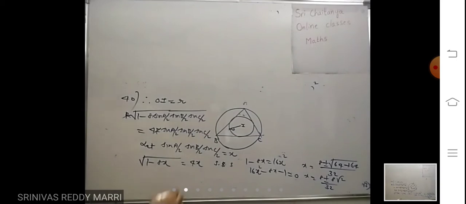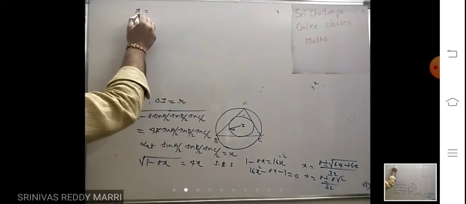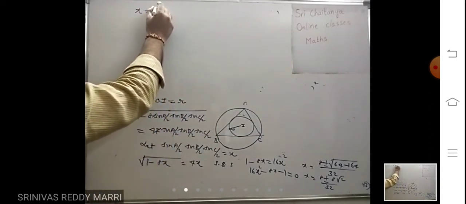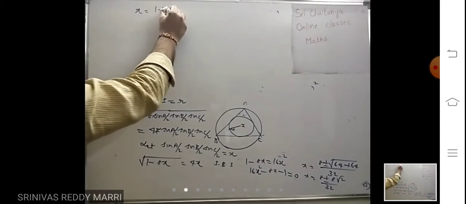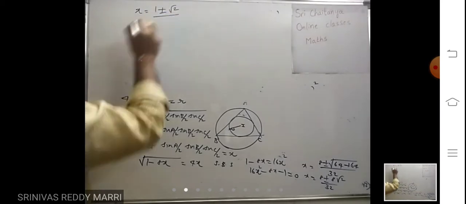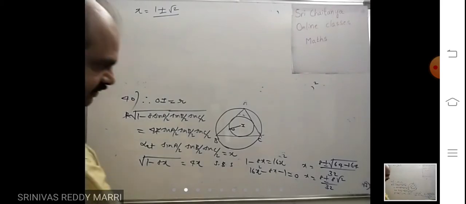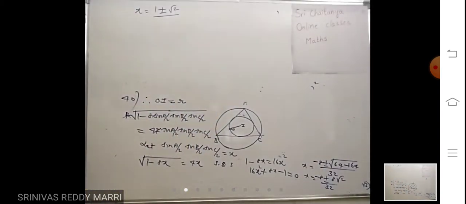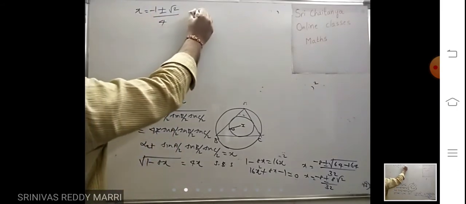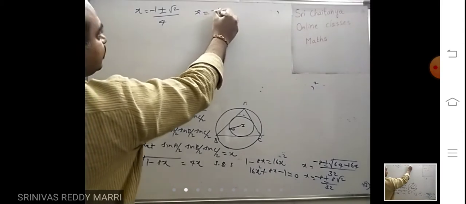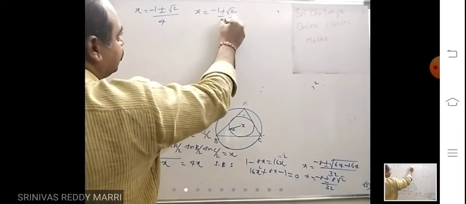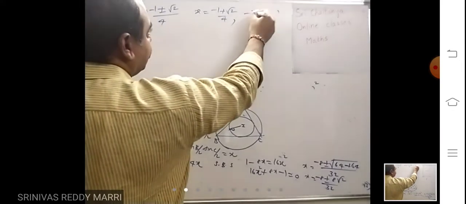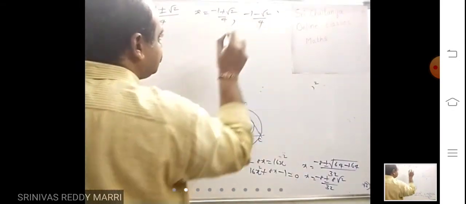So x value is nothing but, 8 cancel, 8 cancel, 1 plus or minus, plus 8x minus 8, minus 8. The remaining is same. So minus 1 plus or minus root 2 divided by 4. Okay, x is nothing but you are getting one value minus 1 plus root 2 by 4, minus 1 minus root 2 by 4, but